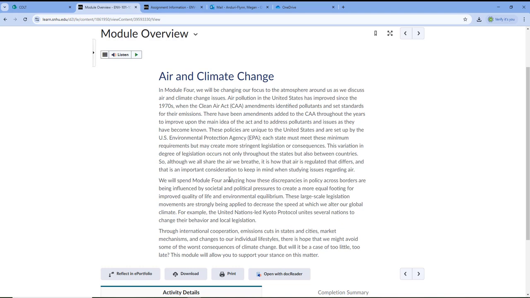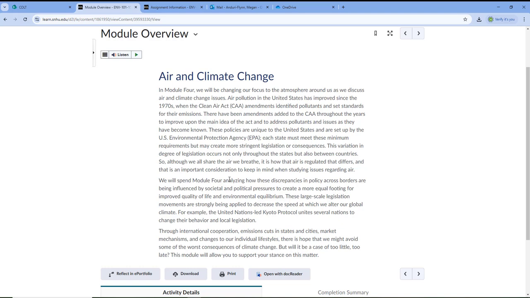They have pretty stringent emissions standards related to that. Because of that, we're seeing the benefits. I don't even know if they still have smog alerts unless it's related to fires and things like that. So there's still a bunch that we need to do,